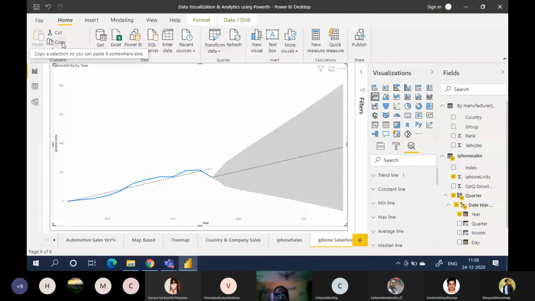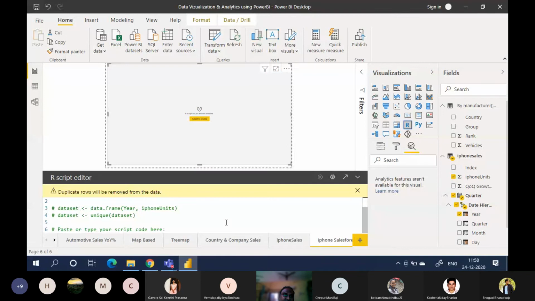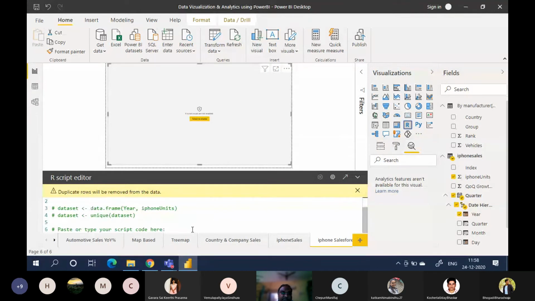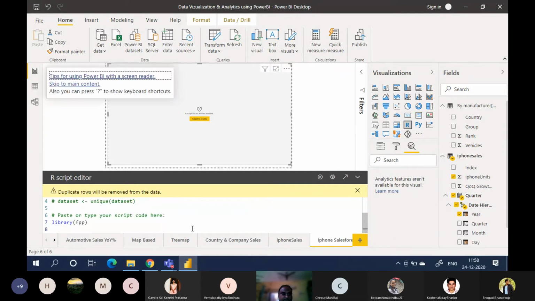So you can also see R scripting. See, at the bottom it automatically did the script. Data frame here, inputs, paste or type your script here. Okay, library fpp. Keyboard shortcuts not working here.